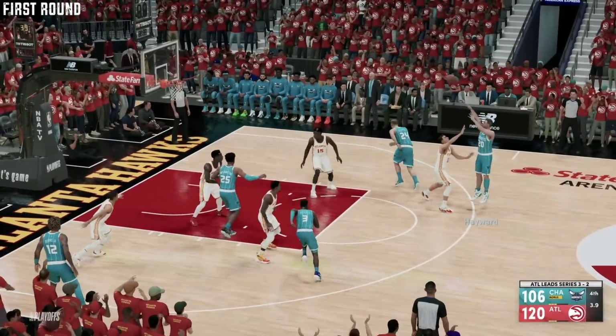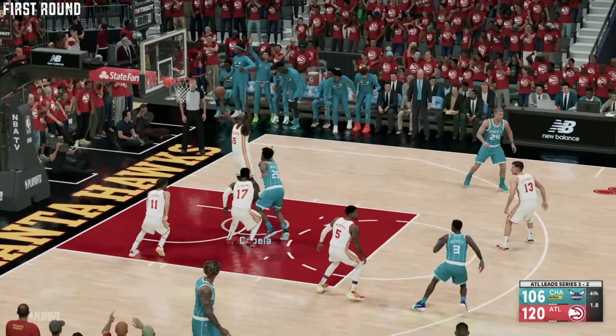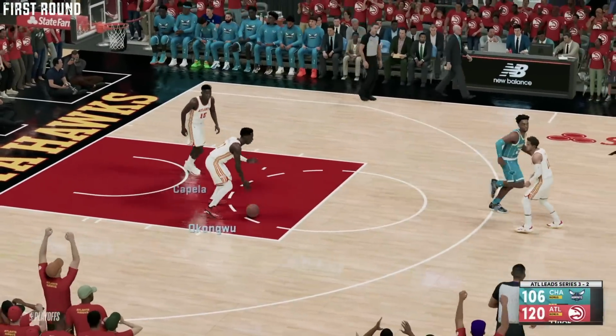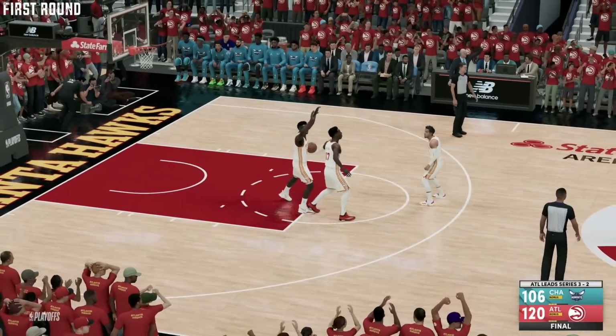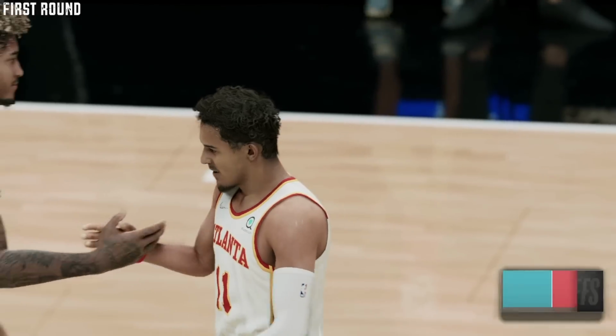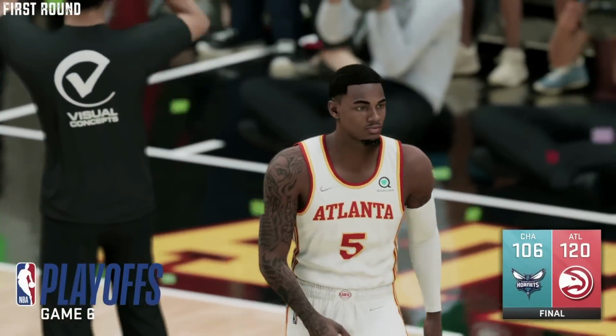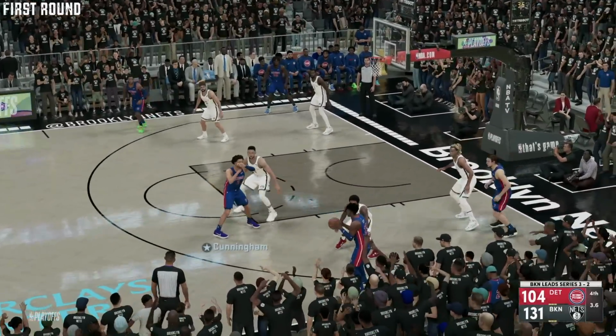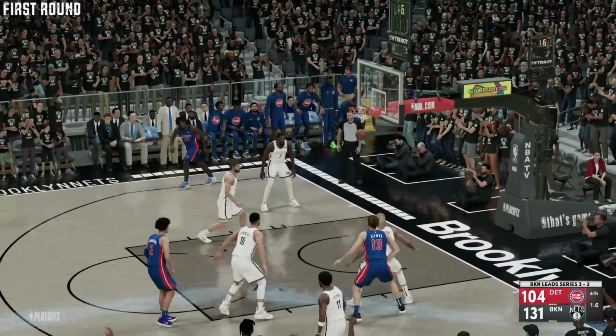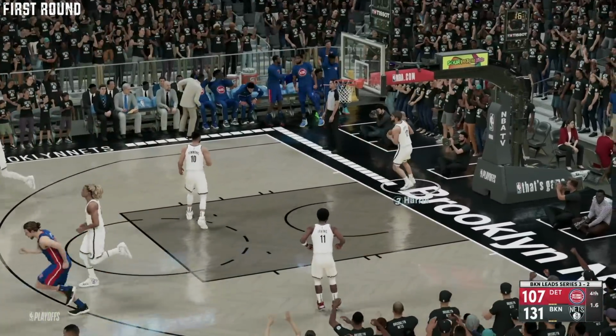over. And now guys, we go to Atlanta where the Hawks will take out the Charlotte Hornets in 6 games, 120-106, your Game 6 final. So Dejounte Murray, Trae Young, John Collins, Capela all get the job done. They beat LaMelo Ball, and we now got a Game 6 in Brooklyn. So the Pistons, who won Game 5, will go on the road and they will lose Game 6.